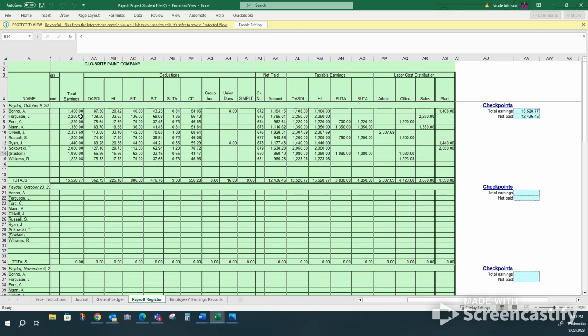In the Payroll Register tab, we can scroll over to the taxable earnings for OASDI. We enter the total earnings of $1,408. Multiply the total earnings of $1,408 by a rate of 0.062 to arrive at the OASDI tax of $87.30. Remember to check each employee's cumulative earnings to be sure that no employee has exceeded the threshold. Looking back at figure 7.3,